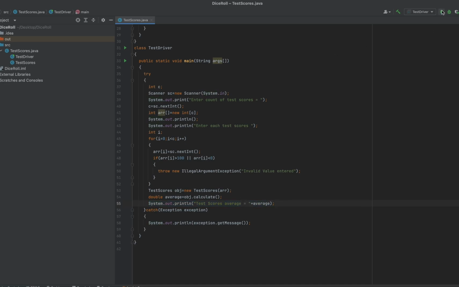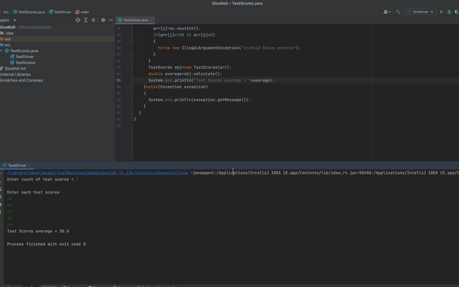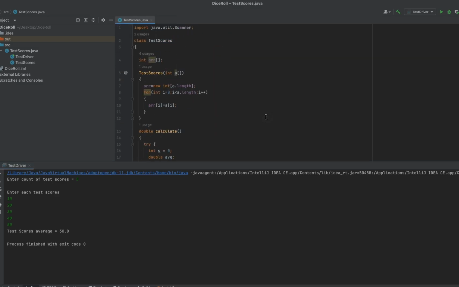I'll show you once how it basically looks. Let me run it. Firstly, suppose I ask the user to enter a number. The user entered 5 and the values the user entered are 10, 20, 30, 40 and 50. In that case the average would be 30. You can check on the internet, the average of these numbers should be 30 only. So this is the first question. Now let's move to the second question.